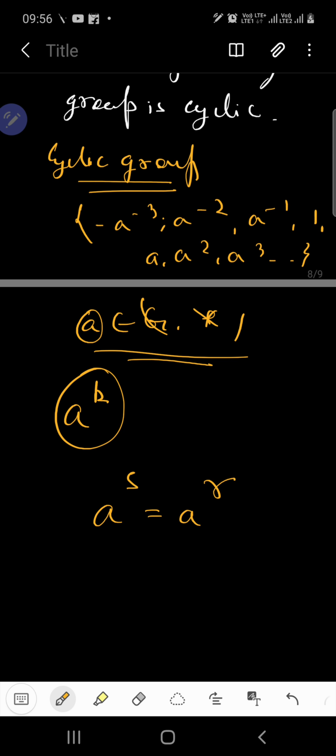There are an infinite number of powers of a, but since we are considering a finite group, we cannot assume that all the powers of a differ from each other. So we need to consider the fact that there are certain powers of a which are equal to each other, so that we can omit the infinite condition.